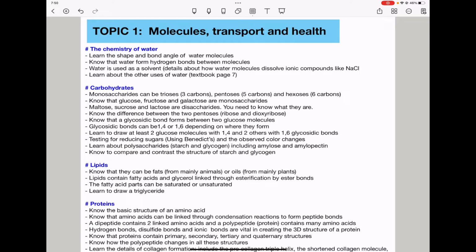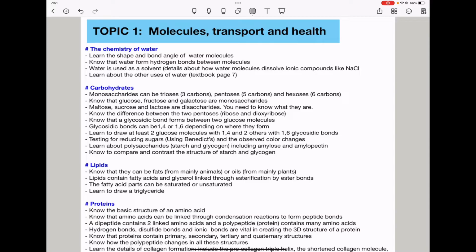When we go to carbohydrates, remember carbohydrates can be monosaccharides, which include trioses that are 3 carbon, pentoses that are 5 carbons, and hexoses that are 6 carbons. You need to know that glucose, fructose, as well as galactose are also monosaccharides. These are hexoses. You need to know that maltose, sucrose, and lactose are disaccharides, and you need to know what